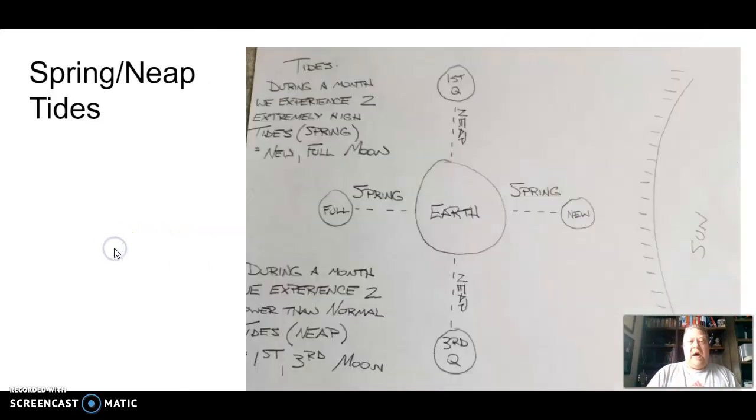Now you might be asking, well, why is that? If I look at tides, since we experience them basically 4 times a day, depending on 2 high tides and 2 low tides, I actually get something called a spring and a neap tide 4 times a month. 2 spring tides and 2 neap tides. The spring tides form a straight line, and they occur during our new moon phase and our full moon phase. Our neap tide occurs during our first quarter and our third quarter moon phase because it's almost like they're making a right angle instead of straight across, so they're kind of fighting with each other. And I have run out of time, kids, so that is our